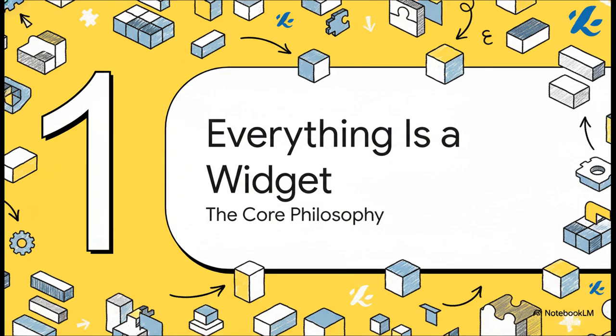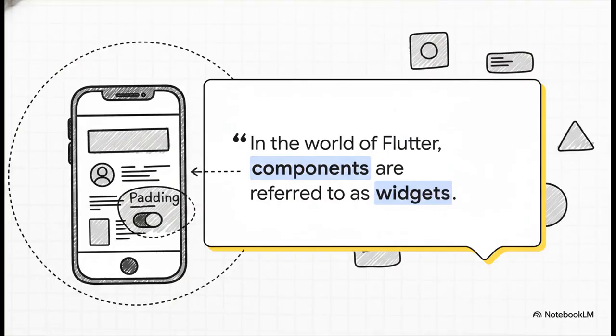Okay, so how does Flutter actually pull this off? Well, the secret sauce is a really simple but incredibly powerful idea. To get it, we need to break down an app into its most basic building blocks. You see, in the world of Flutter, absolutely everything you see, and even some things you don't, is a widget. Just think of widgets as Lego bricks. You know, you've got big ones, small ones, ones with all sorts of different shapes and colors.